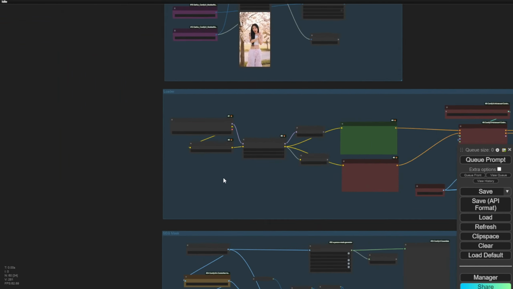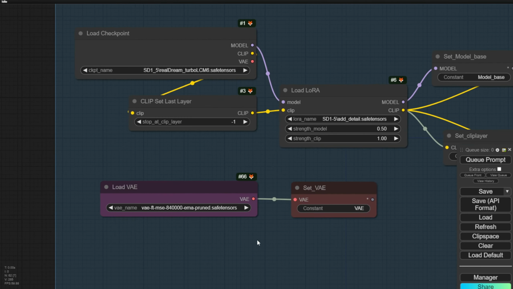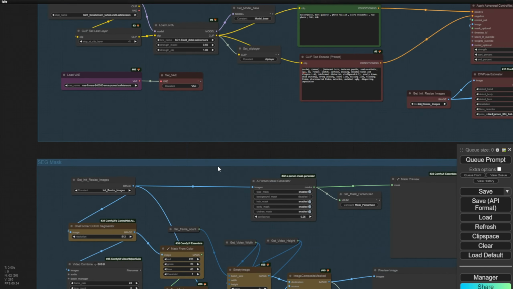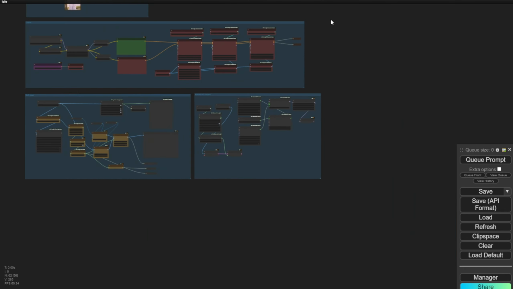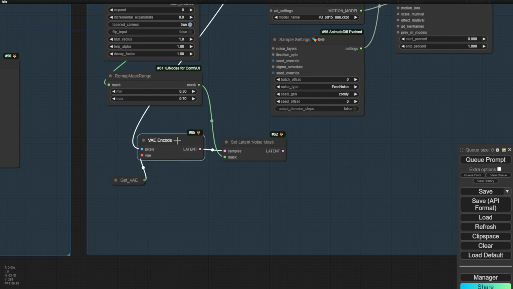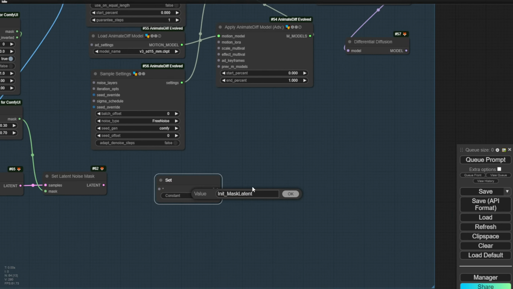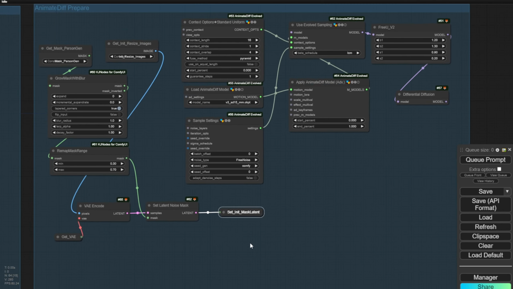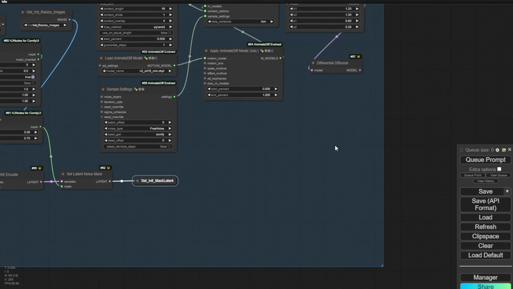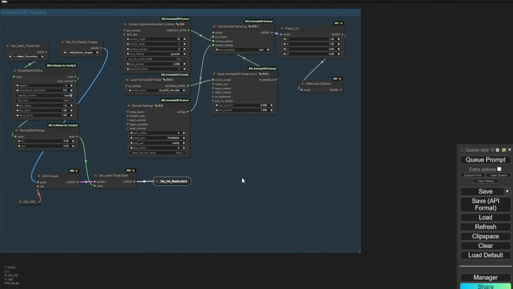Let's put this into the loader group as well. For example, with the LCM models, we don't have a VAE, so we've got to use this one. Okay, so we have the VAE to get it in here. And lastly, we'll have the latent noise mask output in here. Let's check if there's anything we don't want. So in here, that would be the initial mask latent. I'll call this one in this way. So you can do that in here.